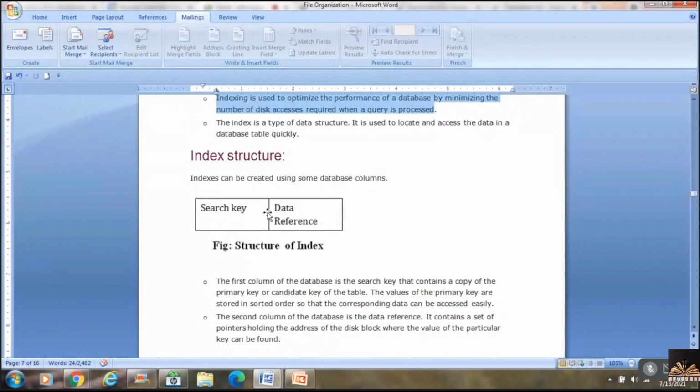Corresponding to employee 001, there would be a data reference, which is nothing but the memory address of the block where that data item is stored, where the details of employee 001 can be found. That is the concept.